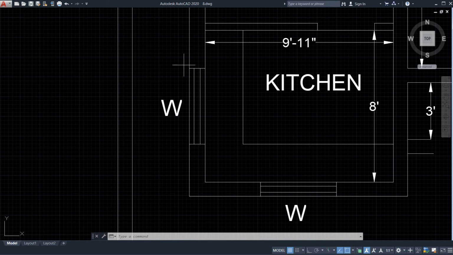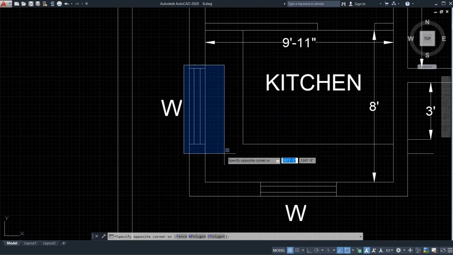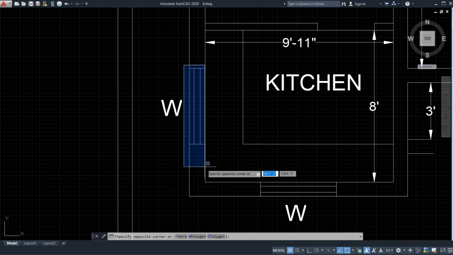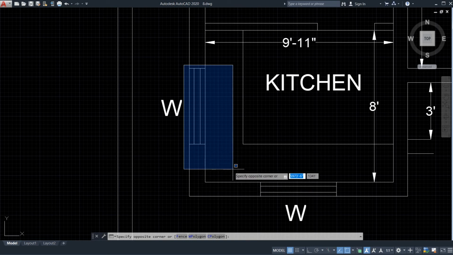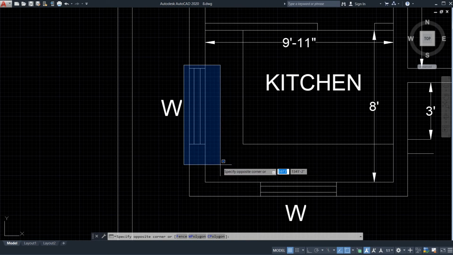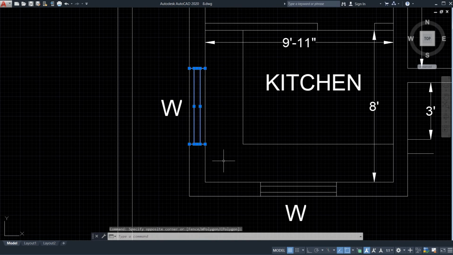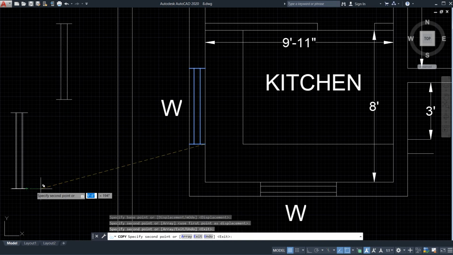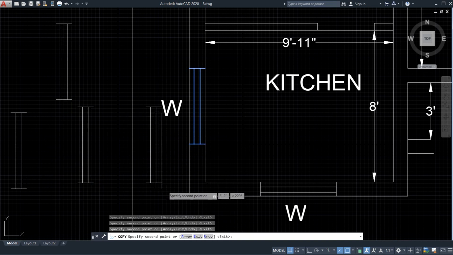Just left click once from your mouse and drag from left to right. You can see the blue color is coming. No need to worry, just drag it and see whether the selecting part is covered or not. You can see these lines are covering. If it covers, then click the left button again from your mouse. See, the inside material has been selected. If you want to copy it, now only the window is copied. See, like this it will be copied. So this is the way of selecting any kind of object.